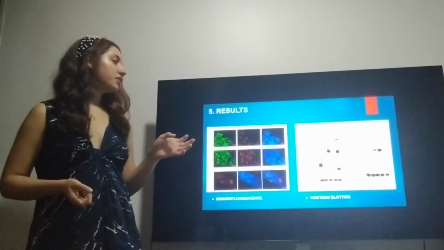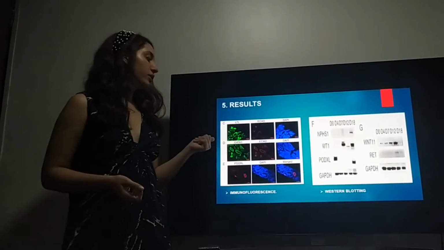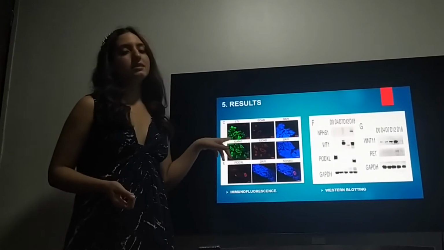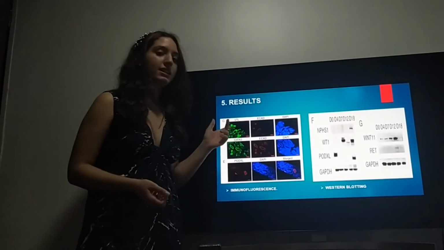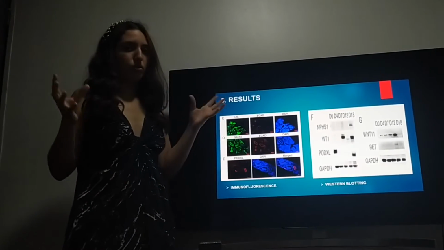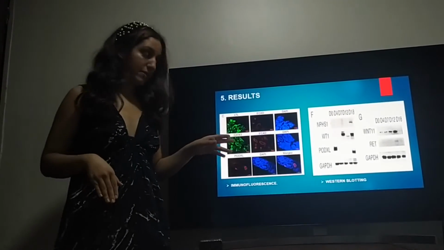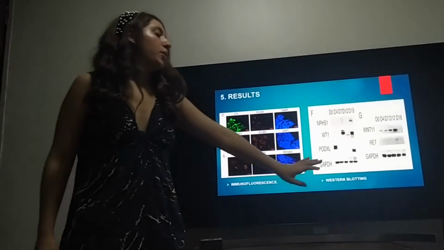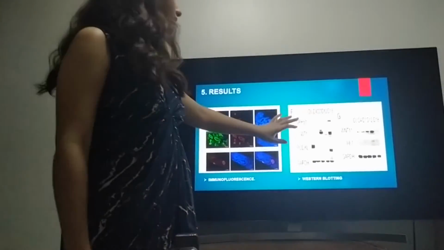So, here in this result we have the LTL and the ECAD. These are tubular markers. The LTL has more fluorescence, which means that it is positive and has more antigen than this one, which you can see a little red, but it's not so fluorescent, but it still has antigen for it. And here we can see the Western blotting, which means the